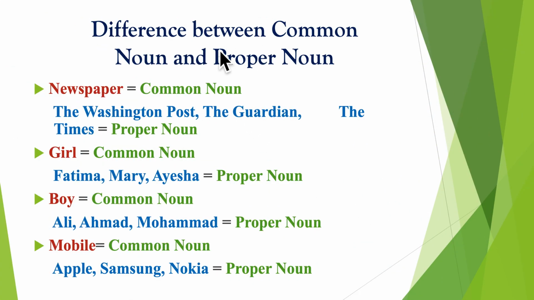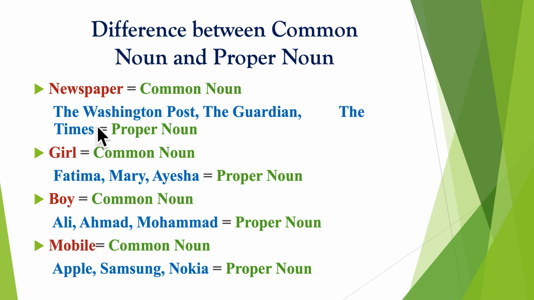Difference between common noun and proper noun. Newspaper: common noun. But the name of a newspaper, the Washington Post, the Guardian, the Times: proper noun. So what we mean to say is that common noun refers to things in general, but proper noun is always for specific names. Newspaper is a name in general. We don't know which newspaper, but when we talk about the particular newspaper, the name of the newspaper, it becomes